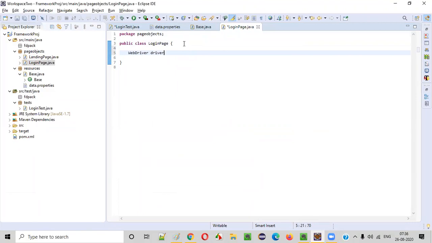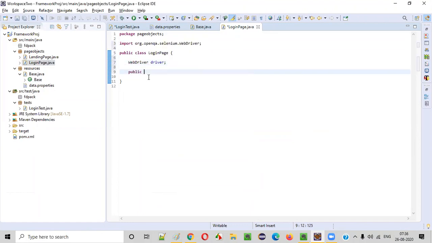Here in the login page, again write the same code, guys: WebDriver driver. This code is repeating for every page. So we have to create a constructor, that is public LoginPage. We have to receive the WebDriver from outside.